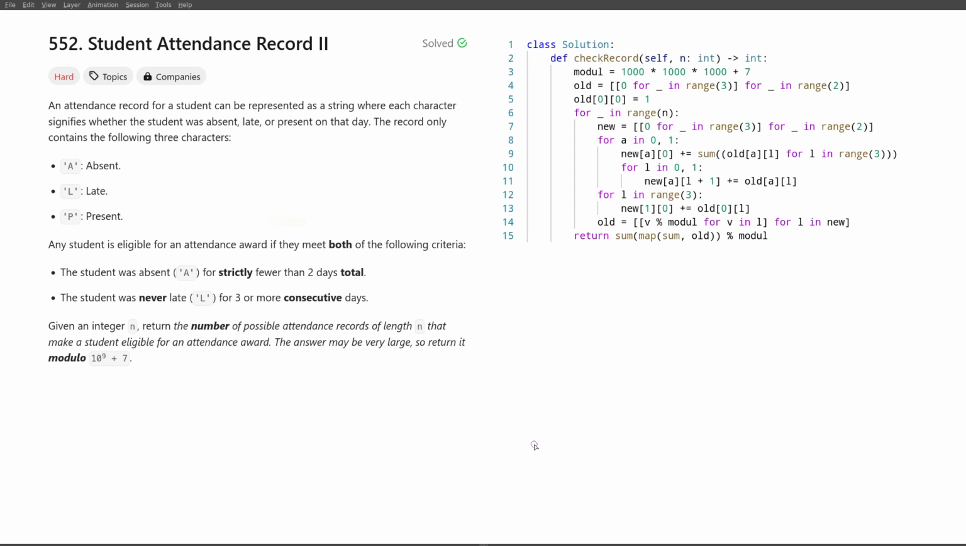Okay, so what do I mean? I mean that if we already have an attendance record, and we want to add a new letter here, then in how many ways can we do that? Well, it's not very simple, in that it depends on what we have seen previously in this prefix that we've got. So now, the first question that I want you to wonder about is